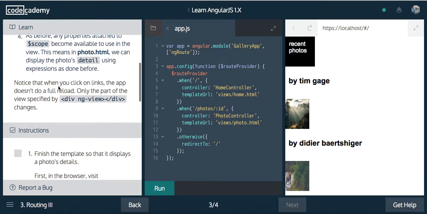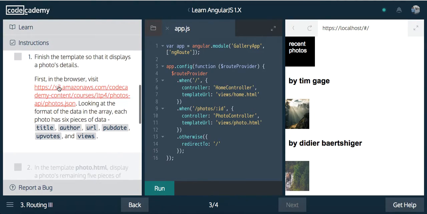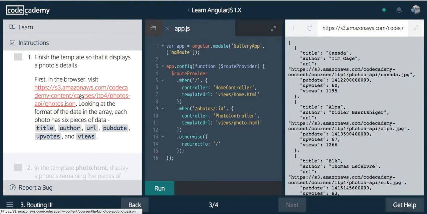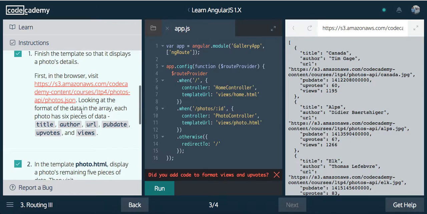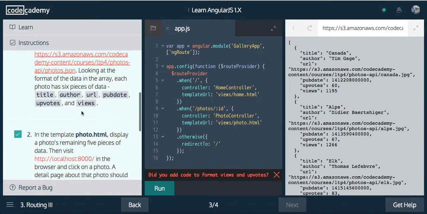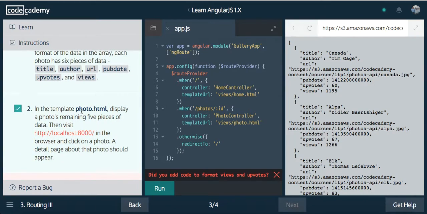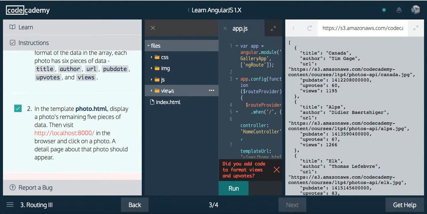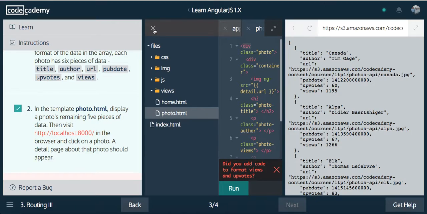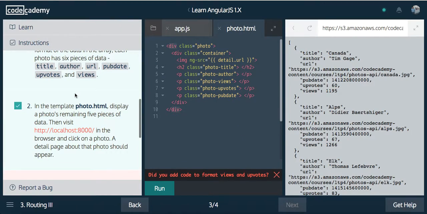Okay, so finish the template so that it displays a photo's details. First, in the browser, visit and look at the format of the data. Each photo has 6 pieces of data: title, author, URL, pub date, upvotes, and views. In the template photo.html, let's go there, views, photo.html. We want to bind all of these. So we're going to bind